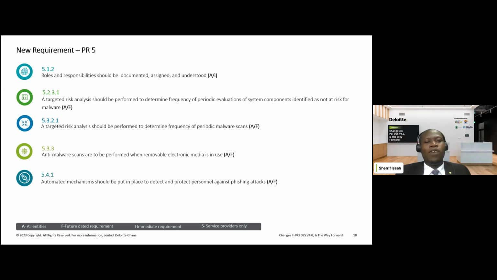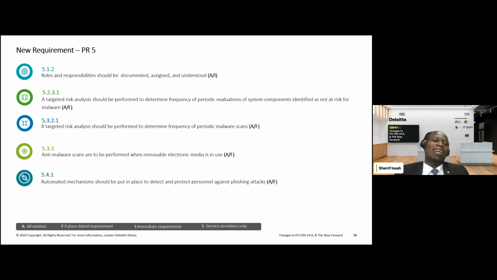So for Principal Requirement 5, on the changes, section 5.1.2 talks about the roles and responsibilities as already emphasized. Then 5.2.3.1 says there should be a targeted risk analysis to determine the frequency of periodic evaluation of system components identified as not at risk for malware. So basically, there are some systems that are assumed to be not too prone to malware, like Unix, Linux, and macOS. But this requirement says there should be a risk analysis to determine how frequently we check if indeed these systems are not prone to